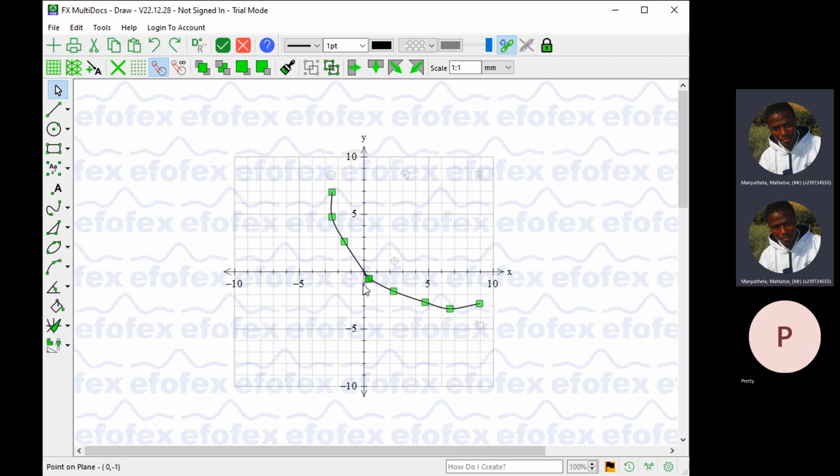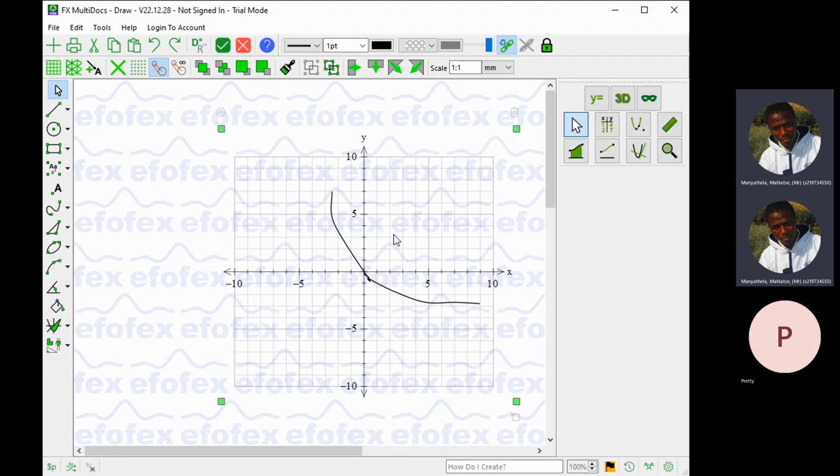But okay, this is -1, -2, -3. So the graph is not supposed to touch -3, meaning that these points I must take them a little bit up. 1, 2, 3. Yeah, it's something like this. So when they're saying